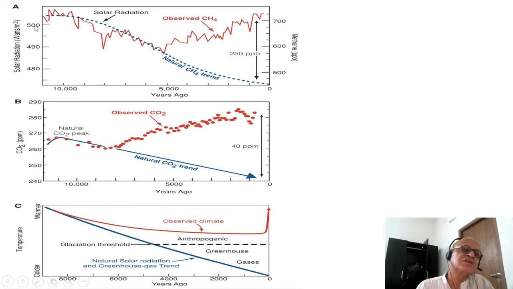So he looks at the solar radiation in terms of watts per meter squared, starting here at about 11,000 years ago, well, that's less than 11,000, but let's say 10,000, right at the end of the last ice age, Younger Dryas, and then let's say beginning of the agricultural way of life. So solar radiation and the natural methane trend is down here, and the estimated methane from various evidences shown here